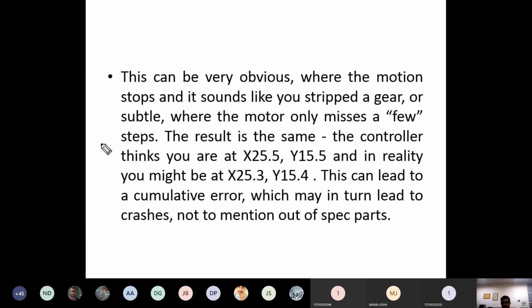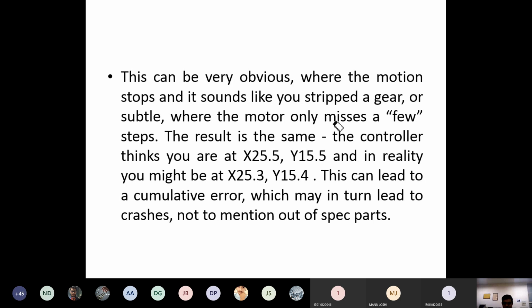That's why, as of now, we are not using a stepper motor for the x and y position of a table. When we define the workpiece movement of x and y, or in a lathe machine the x and z movement, we use a servo motor because we get the exact position by using a servo motor. In a stepper motor we are not getting the exact motion, so that's why we do not use it. I hope we are clear about that. There is no feedback, and it will take some time to get the exact position.